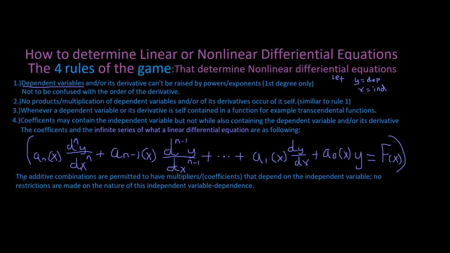Alright, the last part right here says the additive combinations are permitted to have multipliers or coefficients that depend on the independent variable. No restrictions are made on the nature of this independent variable's dependence. So it's the same thing right here. All that's saying is for our a sub 0,